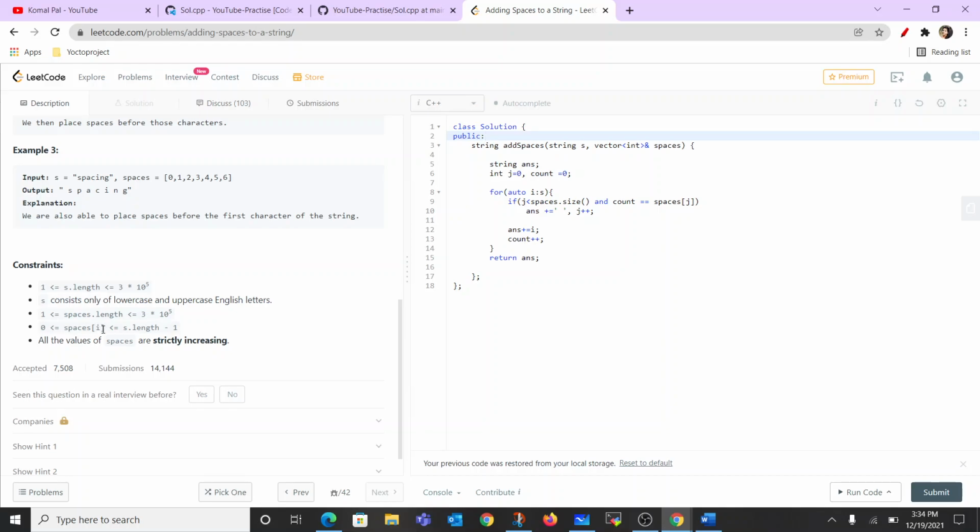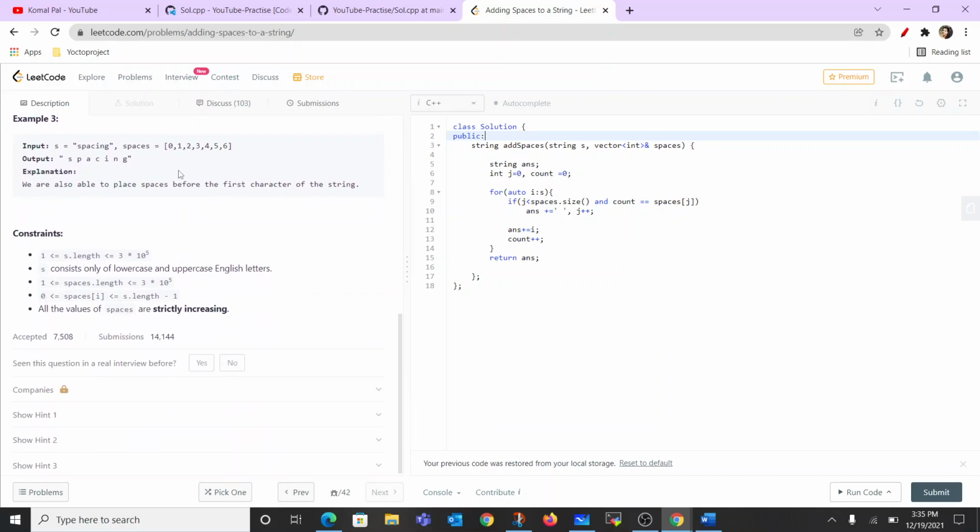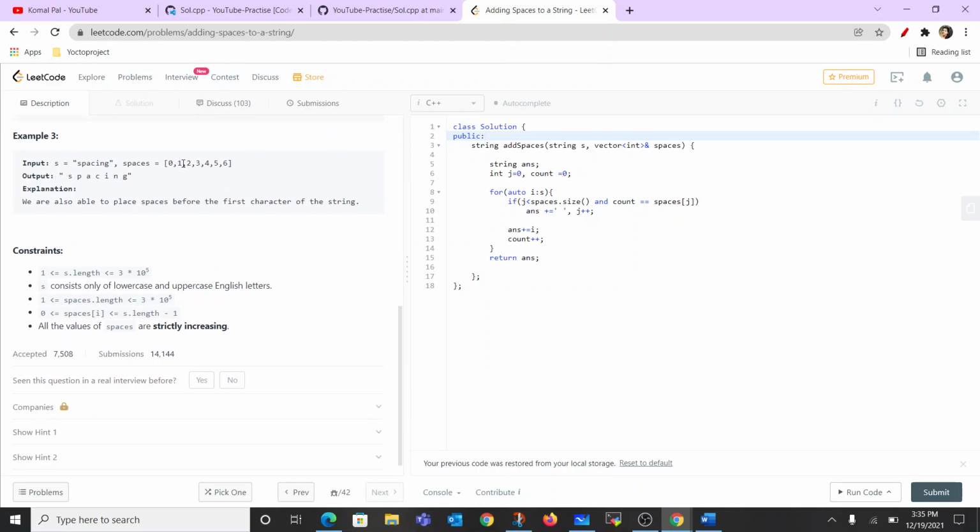And next thing is spaces of i is less than or equal to s dot length minus 1. So basically our spaces could start only from 0, not directly from 1. If s dot length minus 1 is 6, it won't be going till 7, it can only go at max till 6, because it simply wants to say that it is zero based indexing for this particular array,